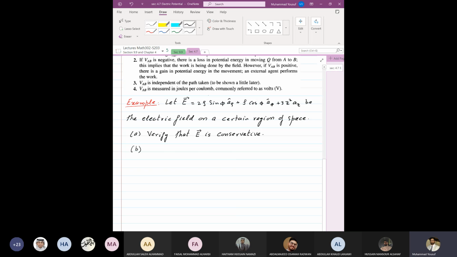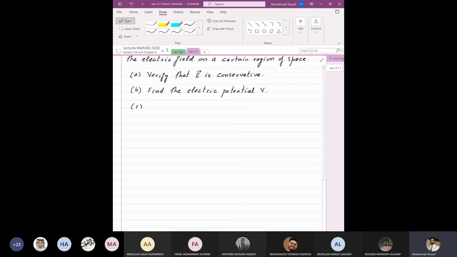Part B: find the electric potential V. And then part C is to use the fundamental theorem and the potential function to evaluate